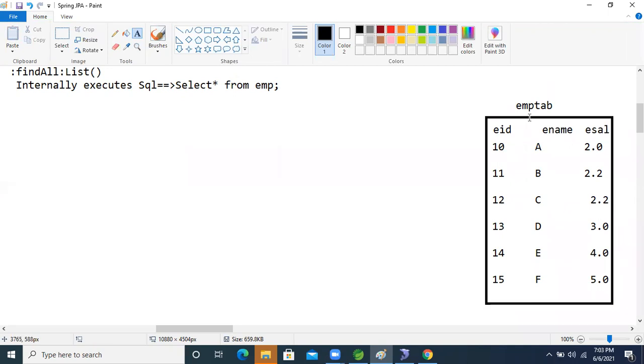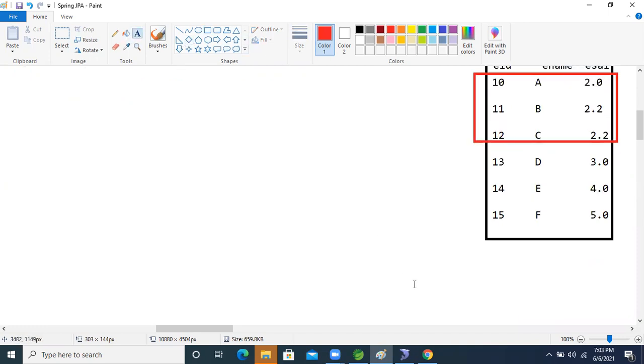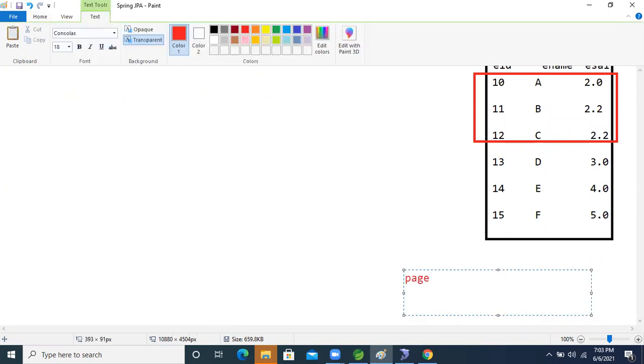In this case, I want to expose a page size, right? First we will specify the page size to implement pagination. I want to expose only 3 records on the browser. So we select 3 records. The programmer explicitly decides this. This is the page size. How much page size is there? 3 page size, right? So I'm taking 3.